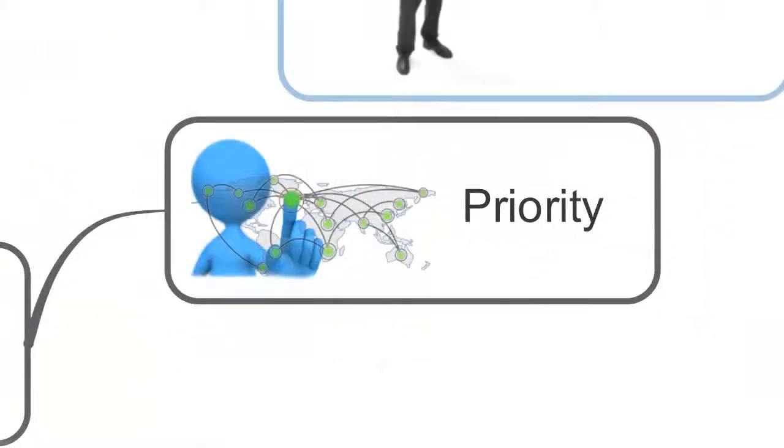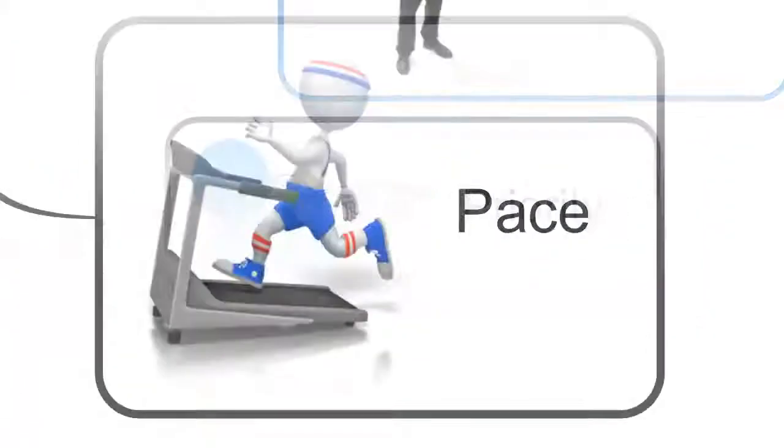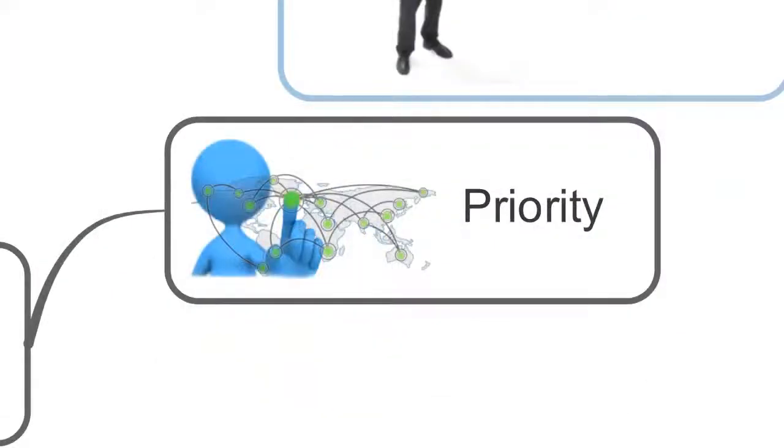You're going to adapt in two areas: priority and pace. Priority and pace. So we start to observe and learn, and then you're going to ask them and figure out what their priorities are. Based on their priorities, you want to meet them there. If task is their highest priority, you want to stay focused on task and not worry about the relationships. But if they're relationship focused, then you want to focus on building a relationship, and then get to the task. If their priority is information, you have to give them information, and realize you're not going to move forward until they get that information. So it's really about understanding what their priority is.